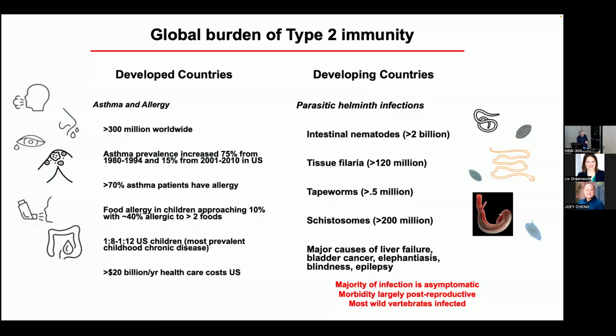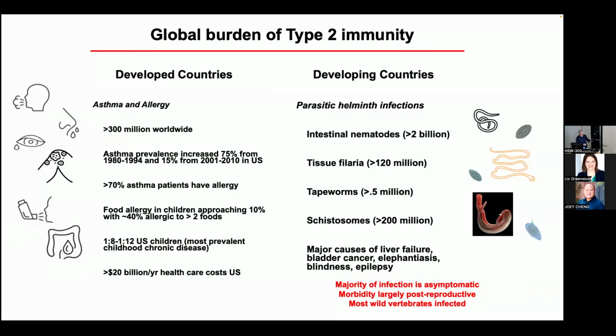And all these other organisms, they certainly cause disease, so I don't want to mislead you, but almost all infection is asymptomatic in these many, many people. And the morbidity and mortality shows up after the reproductive years. So from the point of view of the worm, it has only got to get all of its eggs out into the environment. From the point of view of the human, they only have to keep you, or whoever the host is, healthy enough to get you to not select a gene that selects against them.